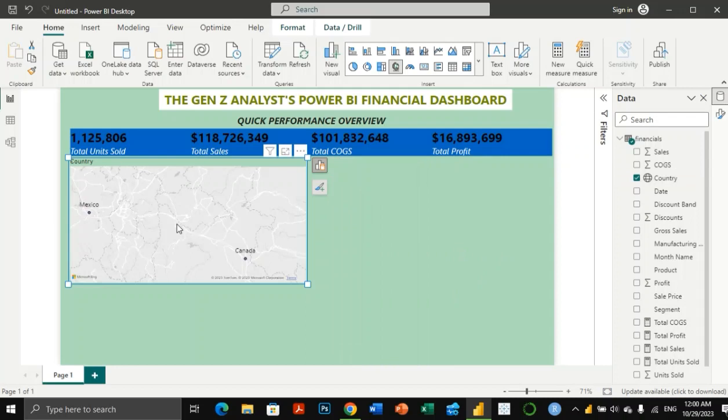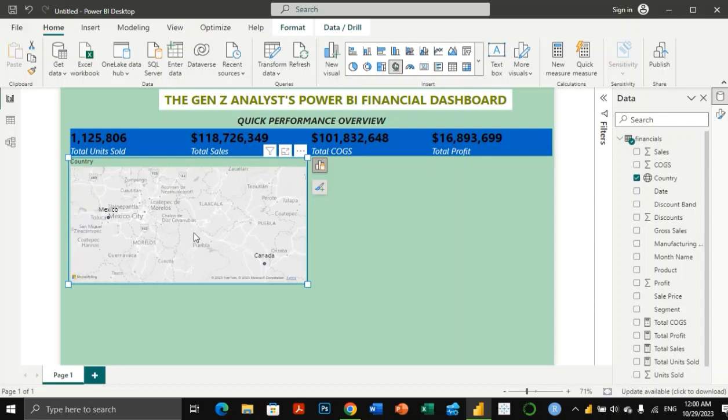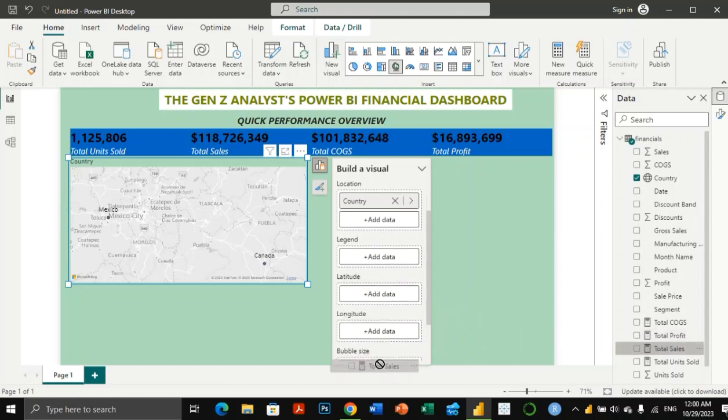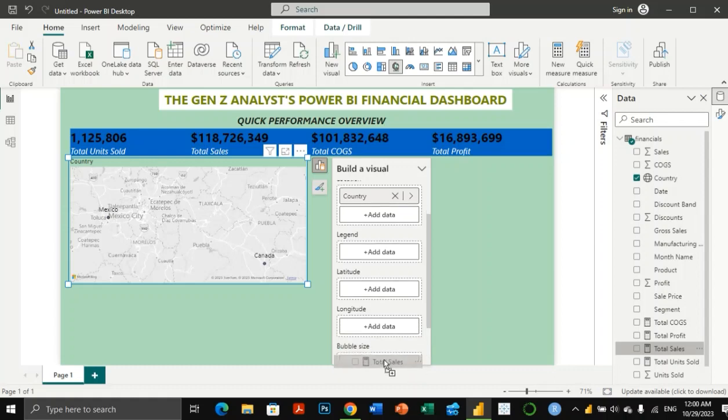All right, now I want to analyze the countries by, so you can see Mexico. So this is actually North America. All right, so we have Mexico, then we have Canada here. All right, so that's enough. Then we are going to analyze this. We want our bubbles here to be the sales amount, the amount of sales we are making in each of these countries. So I'm going to click and drag my sales amount into the bubble size,